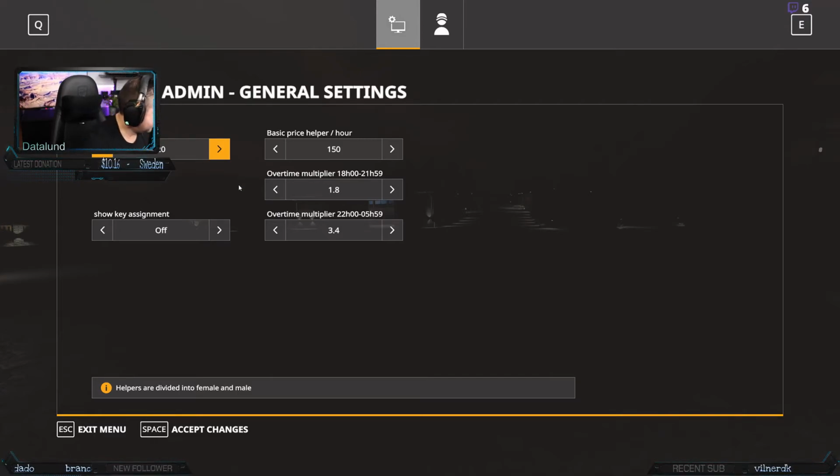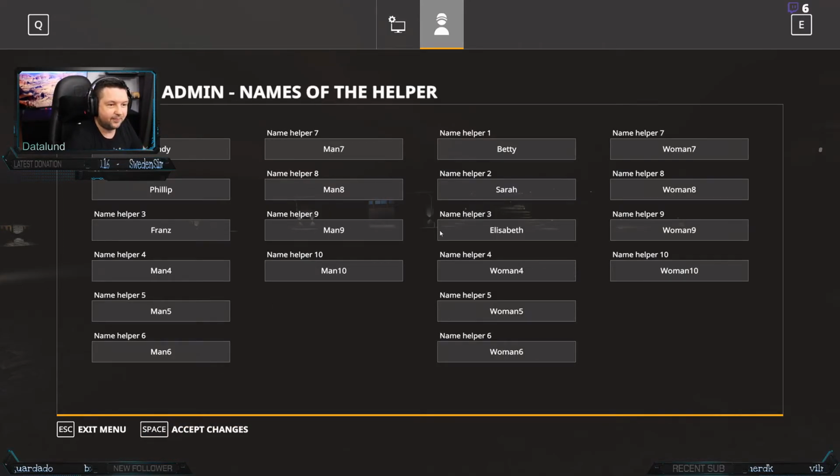So helpers, I've got a fun game here. We've got 10 male helpers: man 4, man 5, man 6, man 7, man 8, man 9, man 10. We got 10 female helpers: woman 4, woman 5, woman 6, woman 7, woman 8, woman 9, woman 10. I don't think we can do anything about the ratio of male to female, but what we can do is name these guys, so we can name them something else. And I think we should have a look at some things here. I think we should go into